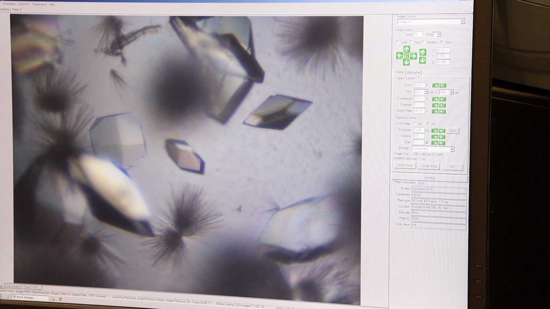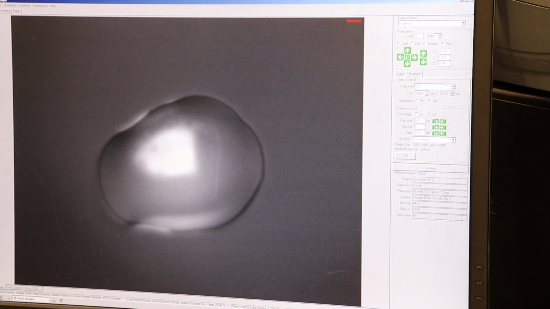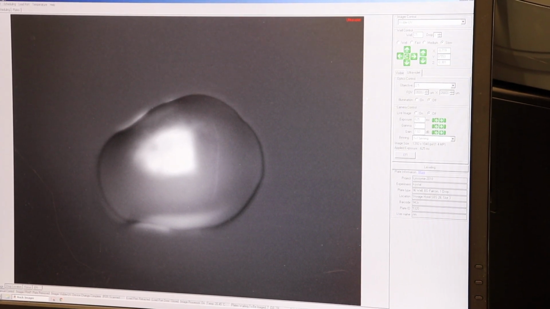Now let's see how to do a UV exposure. So again, I'm going to try to get a UV picture of this particular crystal here. So we'll switch over to the UV tab here. Now in this case, in order to get the UV image, there's two buttons. There's illumination and camera control live image. You need to turn both of those on in order to get UV to illuminate and to be able to see it. Since it's a UV image, which may or may not be damaging to your protein, you want to be mindful of how long you leave that illumination